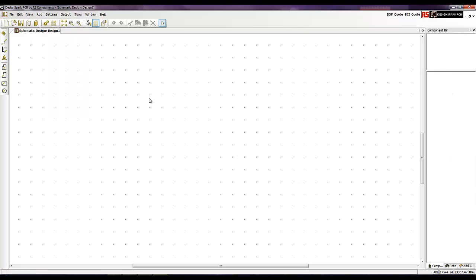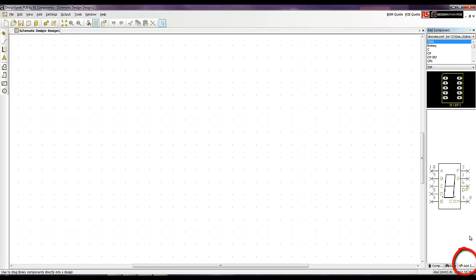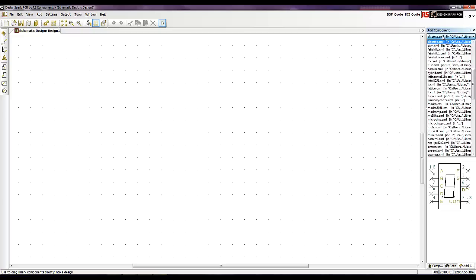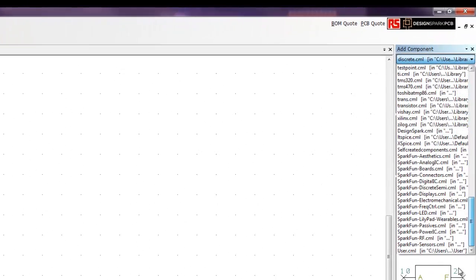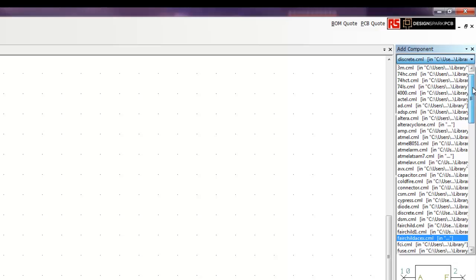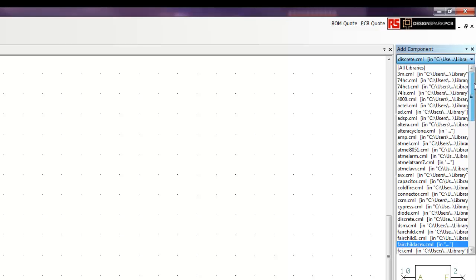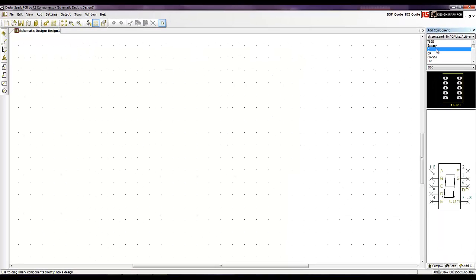Okay, now I'm going to start by demonstrating how to place a couple of components. Right. One way to place a component is you can click on add components here on the right. Now there's a lot of libraries here, and we could get lost easily finding libraries that are useful. What you can do is take a look at discrete.cml. You can find capacitors here, and you can also find useful diodes